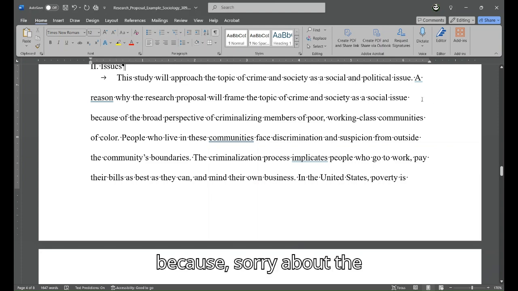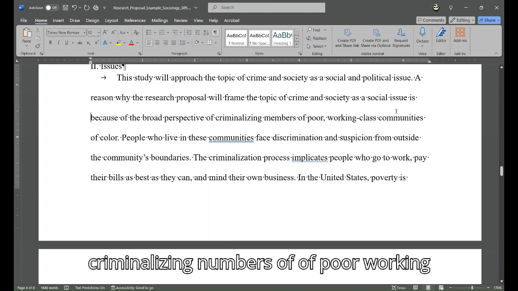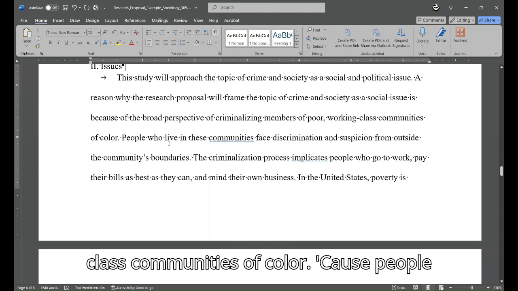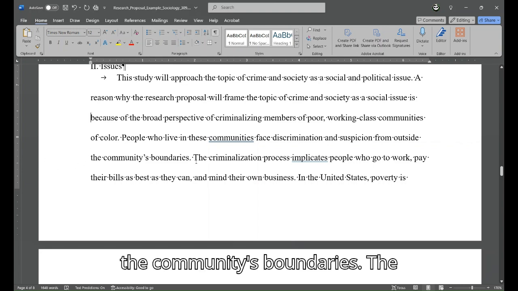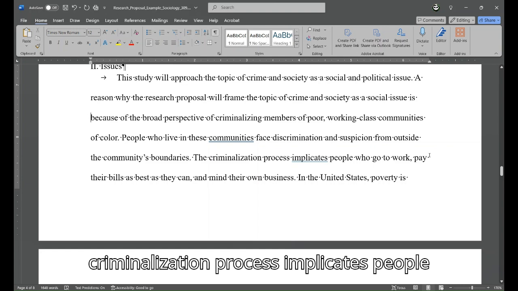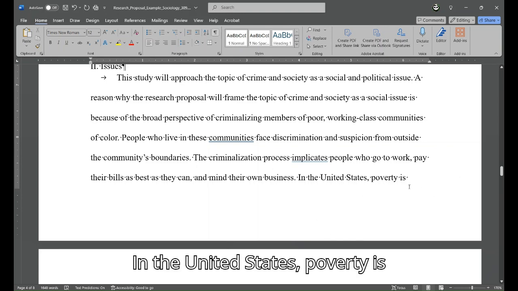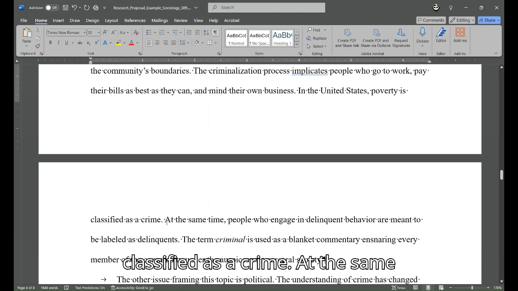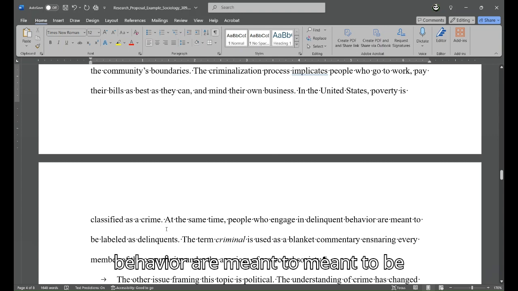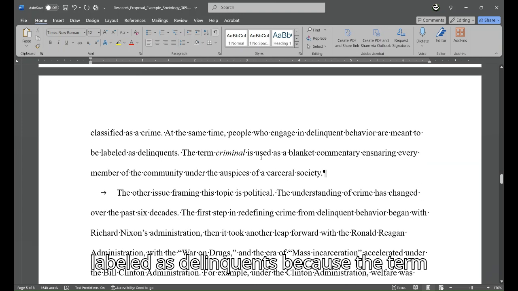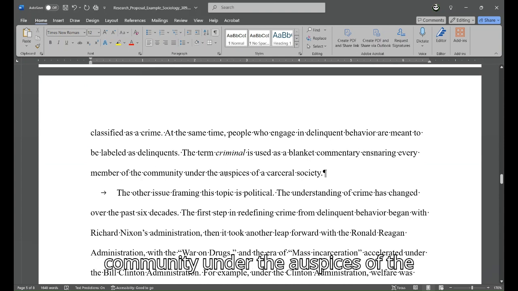It is because, sorry about the typo, of the broad perspective of criminalizing members of poor, working-class communities of color. Because people who live in these communities face discrimination and suspicion from outside the community's boundaries. The criminalization process implicates people who go to work, pay their bills as best as they can, and mind their own business. In the United States, poverty is classified as a crime. At the same time, people who engage in delinquent behavior are meant to be labeled as delinquents. Because the term criminal is used as a blanket commentary ensnaring every member of the community under the auspices of